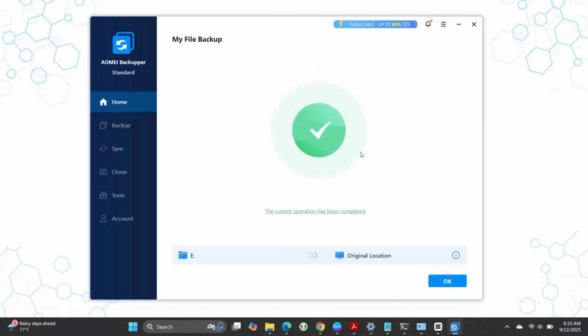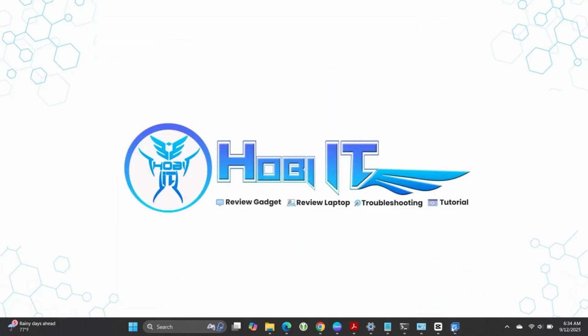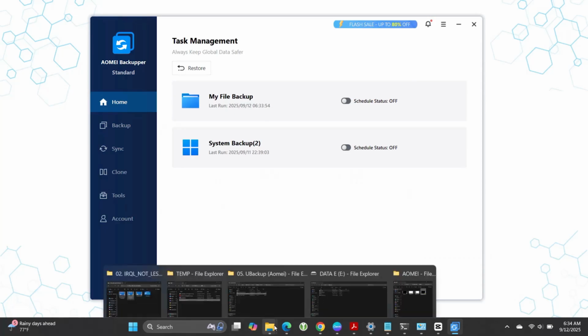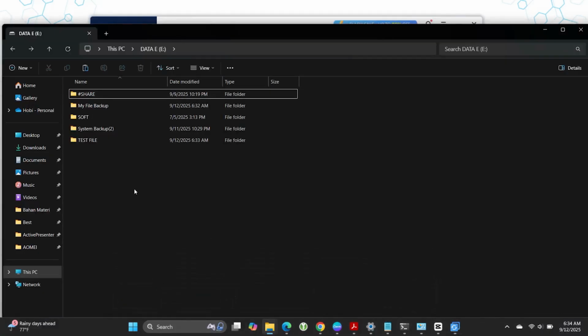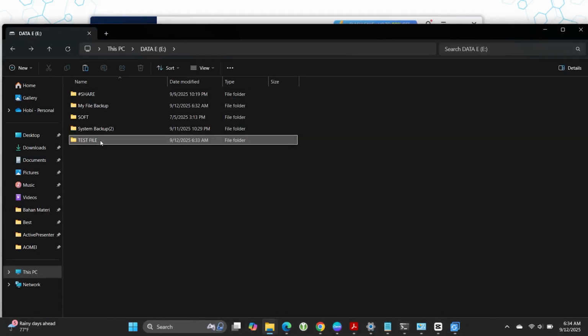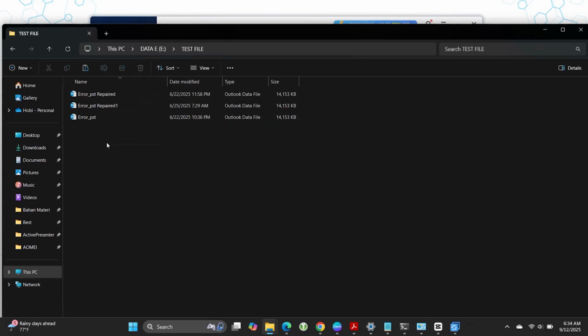And there it is. Let's check the result together. Amazing. The folder is back exactly where it was. The restore process was a complete success.